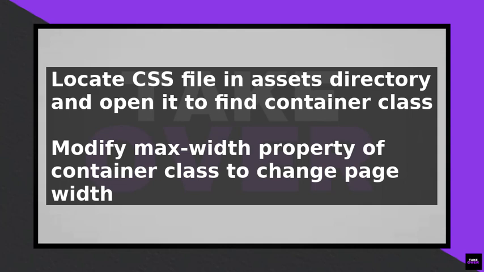After updating the max width property, click on Save to save the changes to the CSS file. Then, navigate back to the layout liquid file and click on Save to save the changes to the layout file. To verify the changes, preview your store by clicking on the Preview button in the top right corner of the code editor. This will open a new tab with a preview of your store, where you can see the updated